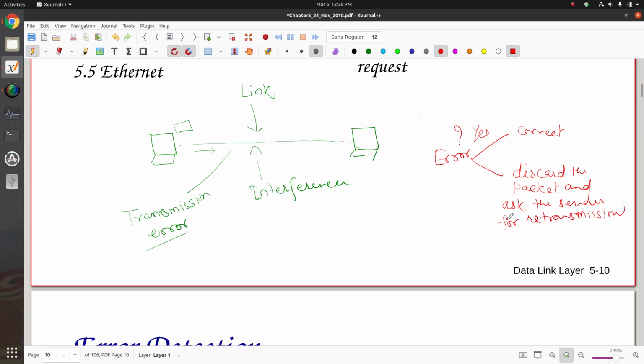ओके, दीज आर द टू पॉसिबिलिटीज. नाउ क्वेश्चन अराइज होता है कि ये तो चलो ठीक है, बात की बात है, एरर अगर है तो करेक्ट करना है. नाउ अगेन देयर इज अ क्वेश्चन, हाउ द रिसीवर विल बी एबल टू करेक्ट द एरर्स, एंड इफ इट इज नॉट करेक्टिंग द एरर्स एट द रिसीविंग पॉइंट, देन it need to discard the packet and then ask for retransmission. So now again the question arises, how the receiver will be able to ask the sender to do the retransmission of the packet. We have already seen this piece, this part we have already discussed at the transport layer. Retransmission कैसे होता है, how retransmission is done, how the receiver enables sender to do retransmission, ये सब हम डिस्कस